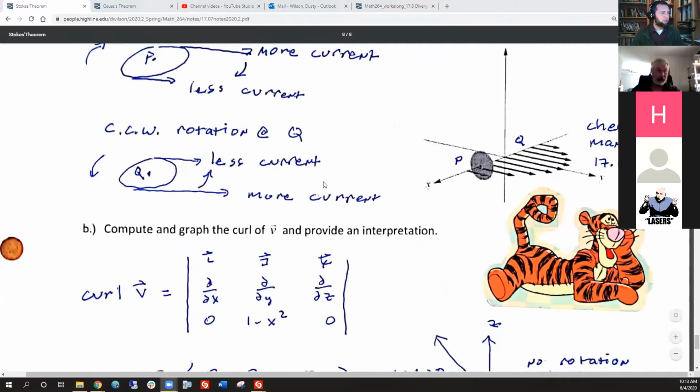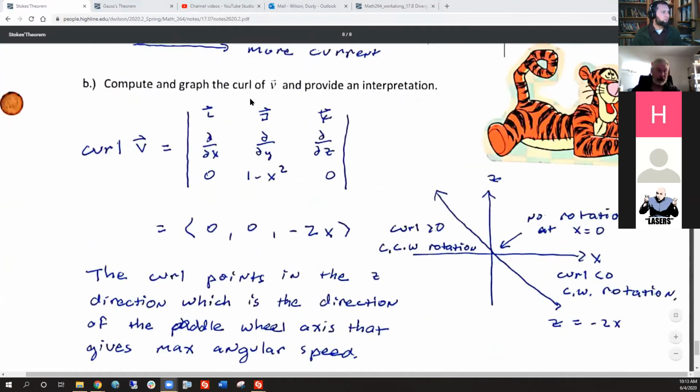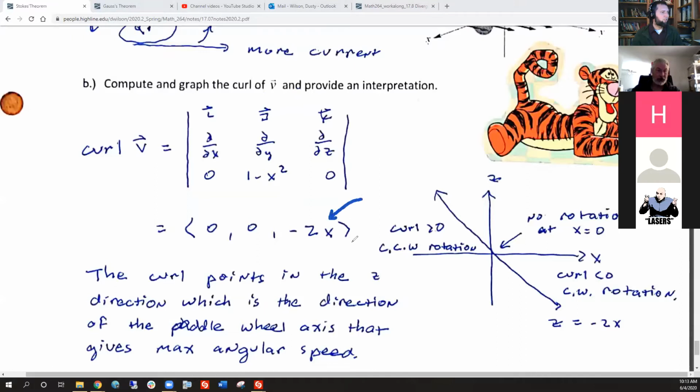So we talked about this stuff. If we compute and graph the curl, when we go through our curl calculation, we end up with the curl being just negative 2x in the z direction. So you can see that right there where it goes to the origin, you'll have 0 curl. That means there's no rotation. We saw that in the picture earlier. When we had x's that were positive, in this case on the left, then we had a negative curl,